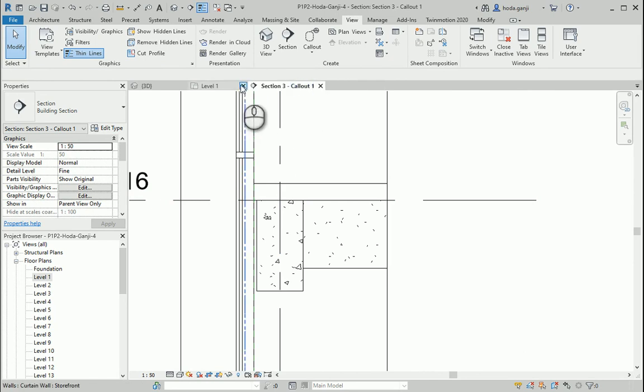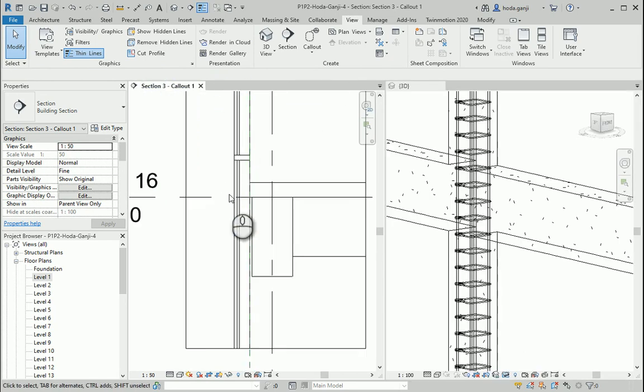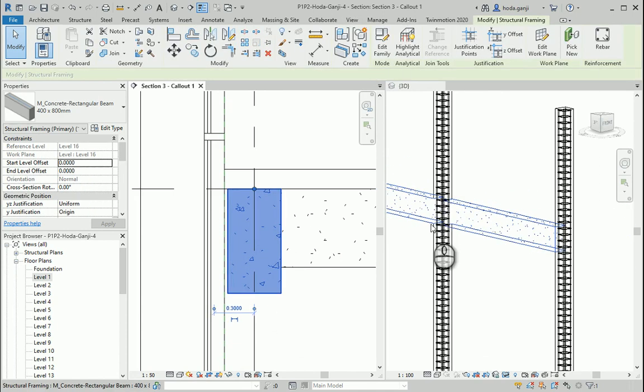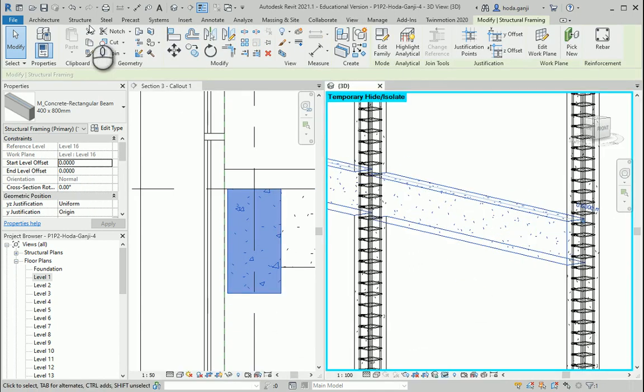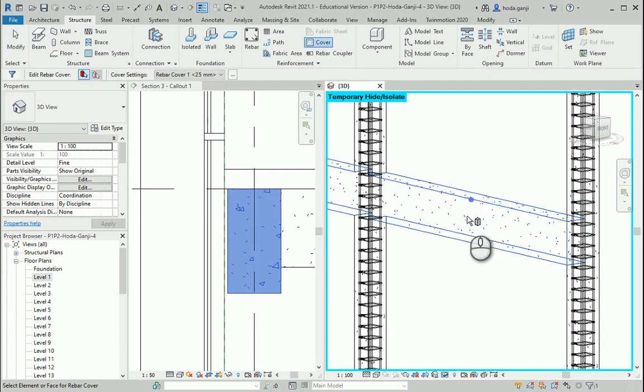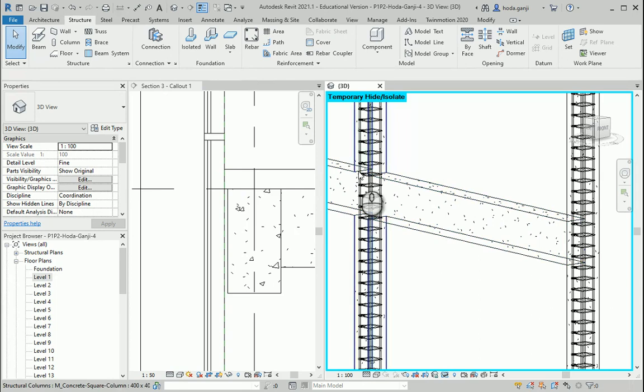So how about I just put these two views side by side using WT as the shortcut. So this beam is actually this beam here. First I want to go to the structure tab and I want to select cover, so I don't have to worry about the location of the rebars. They're all going to be inside the cover. How about we go with 40? This is a number you need to check the codes for, and it depends on fire rating. I'll go with 40, so that's good.